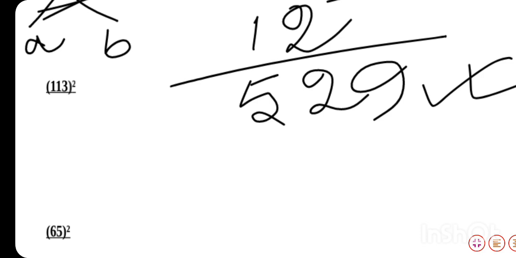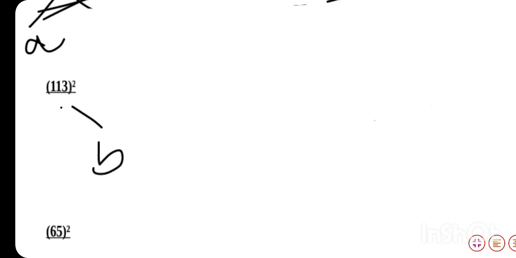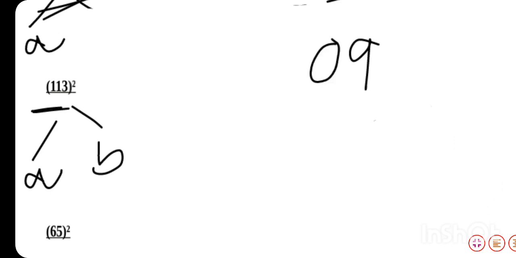We will find the square of a 3-digit number. Just notice the similarity. Here we consider the last digit as B and the rest of the digits as A, which is 11. Now we write the square of the digit B, which is 9, and add a 0 before it. Now we write the square of 11, which is